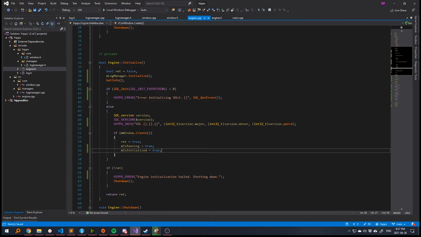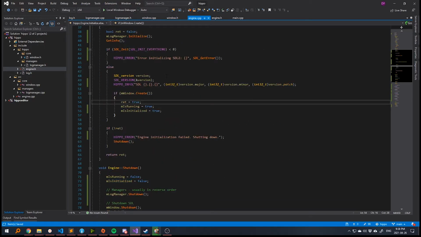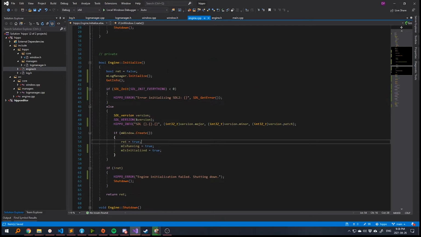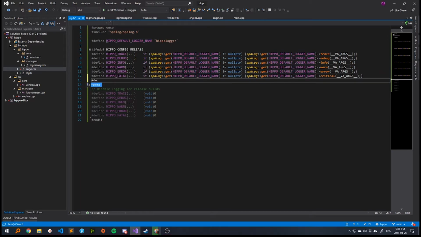And now what I really want to do is assert if we ever call this while m_isInitialized is already true. So an assert is pretty straightforward, and we usually want to do a couple of different options in terms of things when you assert. You want to print out the assert message itself. So what are you asserting on? Where did the assert occur, in terms of file name and file line, like line number, and also the ability to break into the debugger if possible. So all of that we can actually do from log.h because we can simply add,